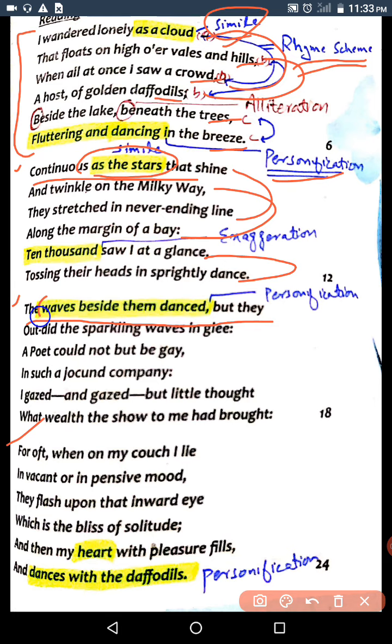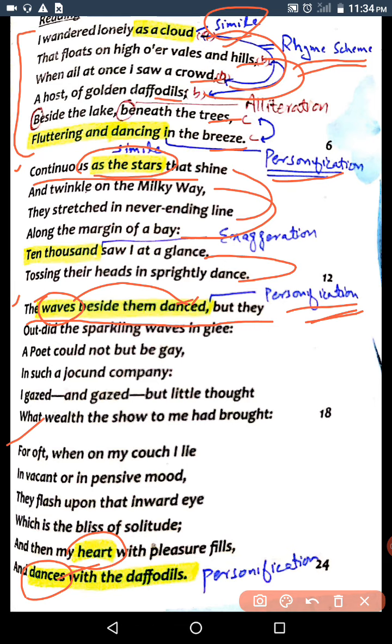Okay, waves, lifeless object, dancing. It means that waves have been personified. Okay, here in this line, look at the personification. And then my heart with pleasure fills and dances with the daffodils. Heart, dancing. So heart is also dancing. Okay,